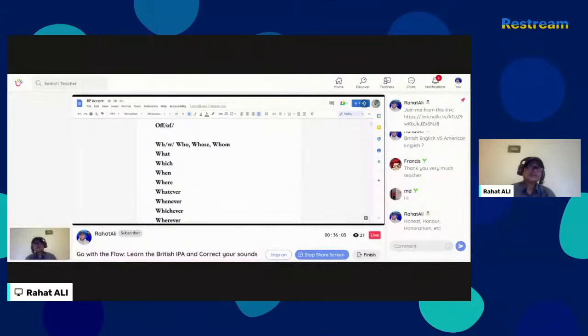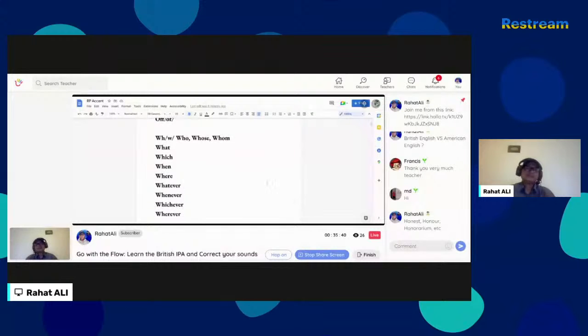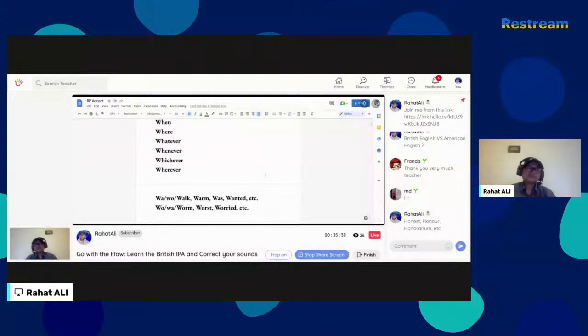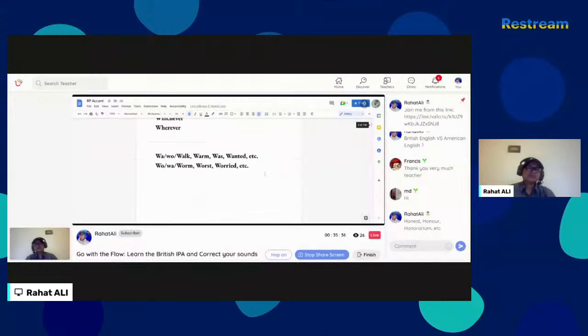Okay, as I was saying, the difference between British English and American English, these are the two basic sounds, and there are many expressions and many monophthongs and diphthongs that are different. And especially when you say R sound in British English and they say A sound. Let me give you examples, some of the words, then we'll come back to the W sound.